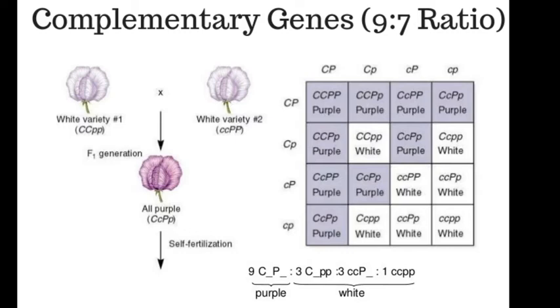Here the formation of purple anthocyanin pigment depends upon two independent factors, C and P, and both of these factors must be present to produce the purple color, neither by itself producing the color. So the flower color expression in sweet pea can be explained in the following way. And here the purple color, anthocyanin, is synthesized by a series of biochemical steps involving separate enzymes. It means the formation of each of these enzymes is determined by a separate gene.